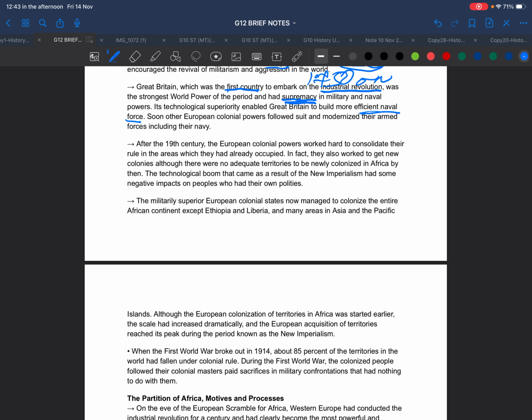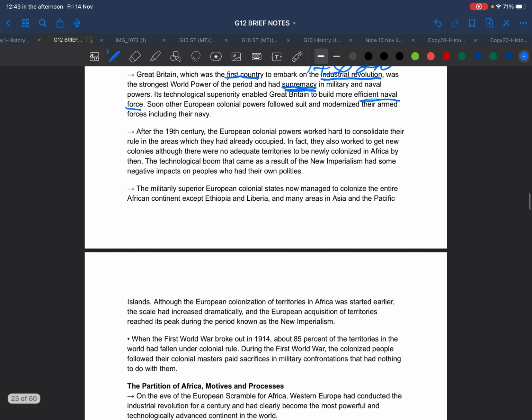Soon other European colonial powers followed suit and modernized their armed forces, including their navy. Actually, it's very clear that in the 1890s, Germany had already built her naval power that could compete with